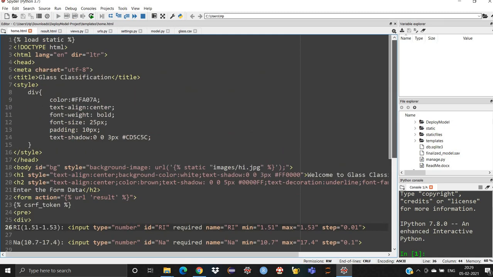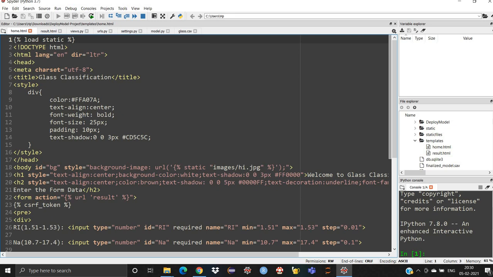Okay, so let's see what home.html says. You have to create it inside templates, you know that, right? You can see that inside templates you have home.html and result.html. Just make sure that you use these two symbols, which is a delimiter you can say, which contains one curly brace and a mod symbol.